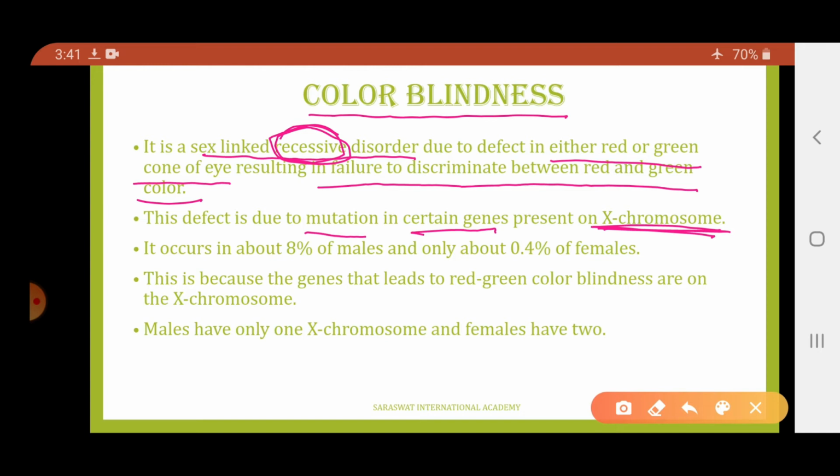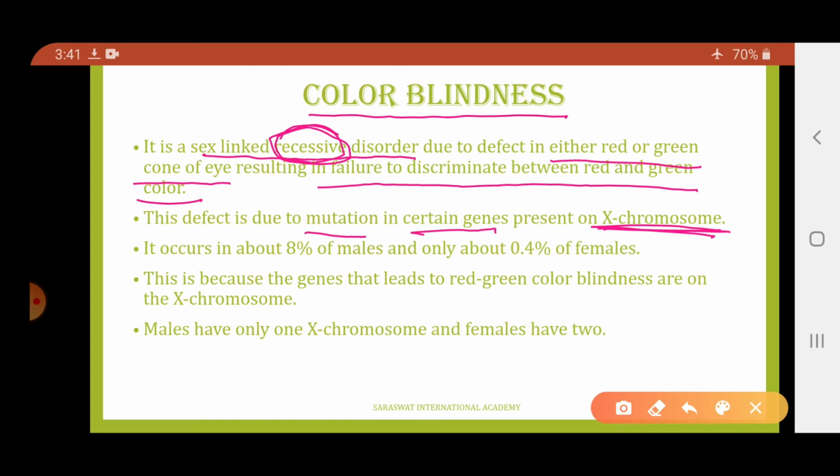On the X chromosome, the males have only one X chromosome, females have two X chromosomes. So in a heterozygous condition, what will be the possibility that the female will be which type of female? Unaffected. She will be the carrier but will be unaffected. She won't show the symptoms of the disease. Why? Because one of the chromosomes is the normal one and another one is the affected, but normal is dominant